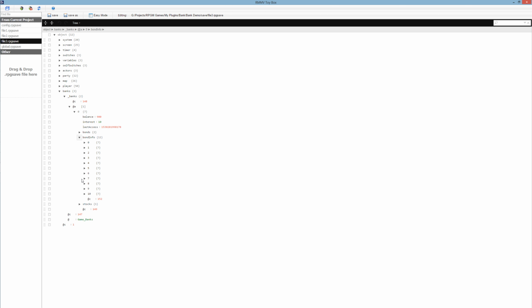Now, if at some point you end up changing some information somewhere, then when you open up the bank there, that bond information will be overwritten, so it'll be basically reset to the default one that's set in the bank script, the bank event that you have created previously. So this will allow you to either turn that on or turn that off, and when it's off, if the values are different,